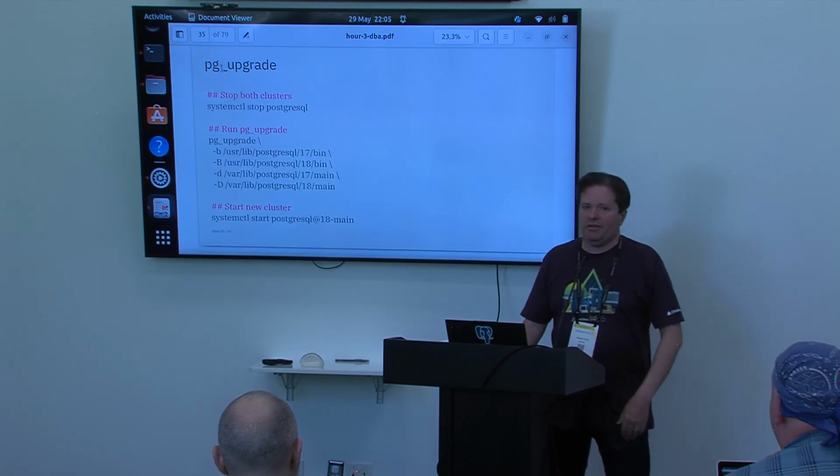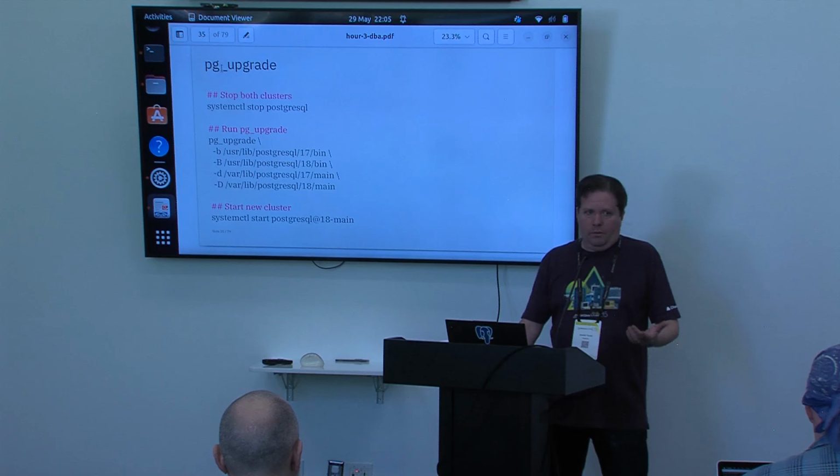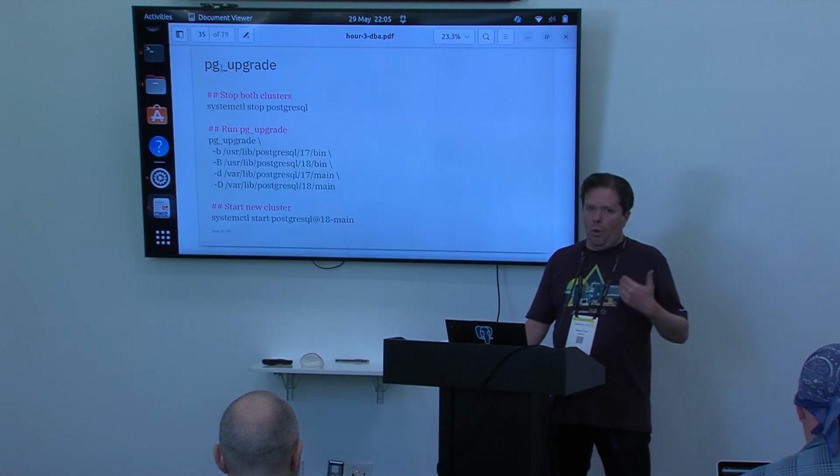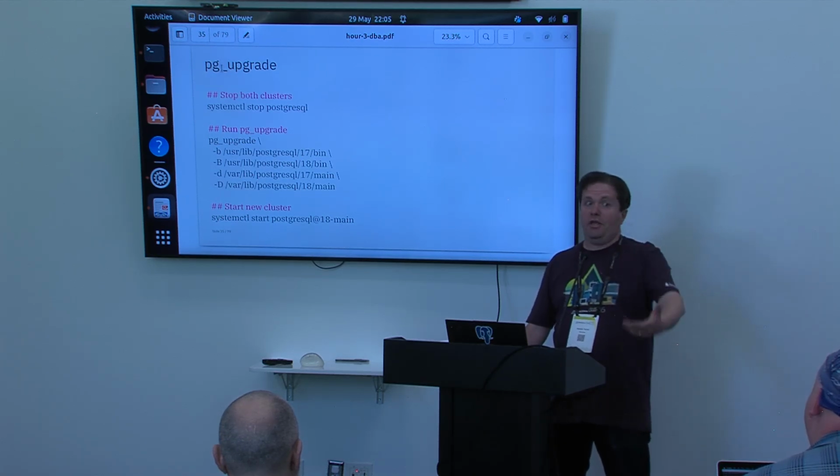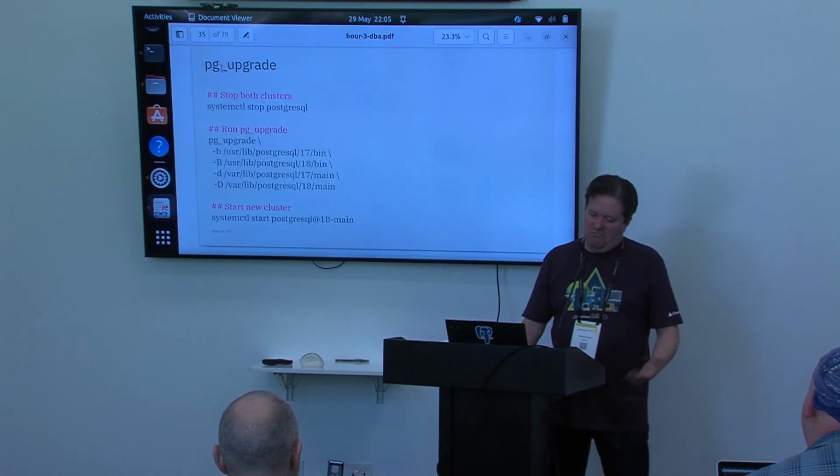When I used to work on data warehousing systems, that was the only thing we were going to do. We weren't actually going to wait to restore 400 terabytes. So, yeah,